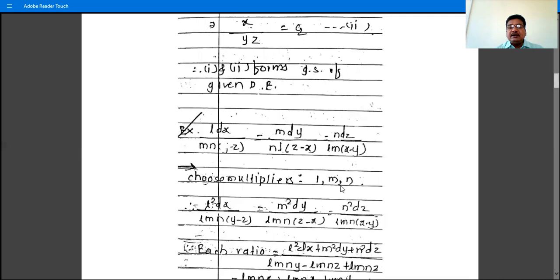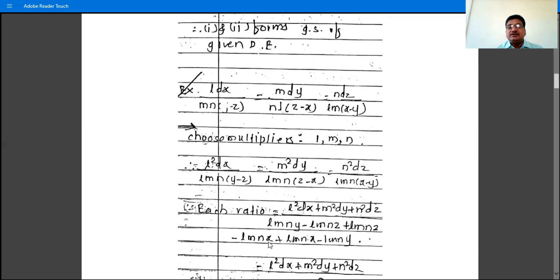So multipliers are L, M, N. Then what happens? Don't write this step, directly write each ratio is equal to L square dx plus m square dy plus n square dz, after multiplying by L, M, N. And what we have here, after multiplying, L, M, N in bracket y minus z. So L, M, N y minus L,